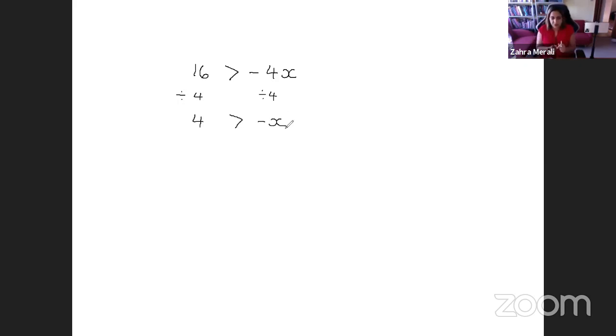But in order to bring the x onto the other side, I have to multiply everything, effectively multiply everything by -1. So I have to change the sign. So I'm going to get x is actually bigger than -4. So if on the number line,